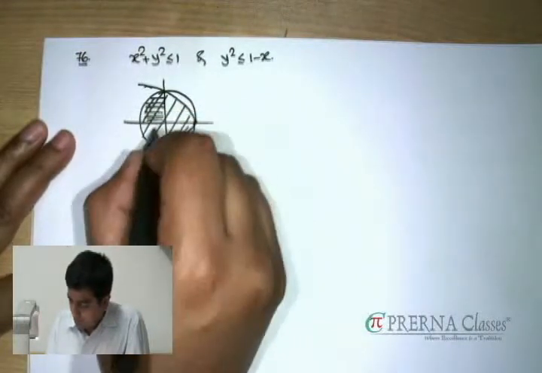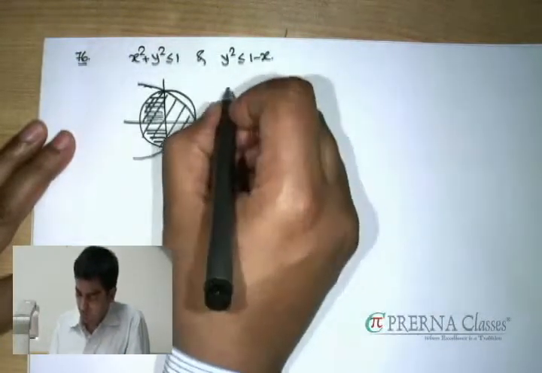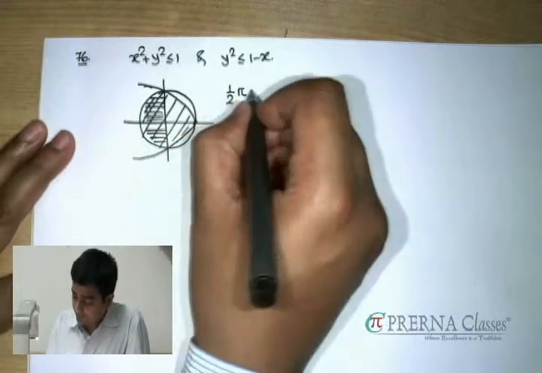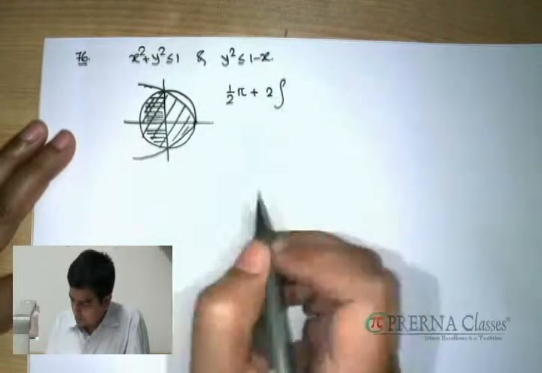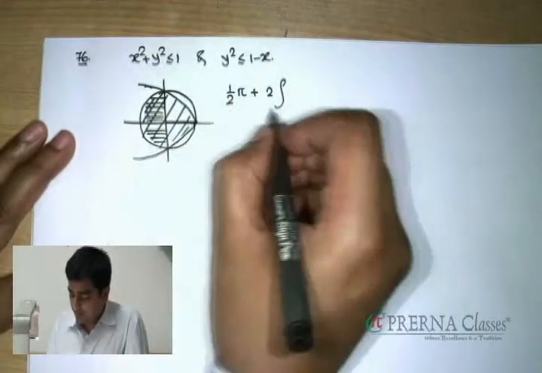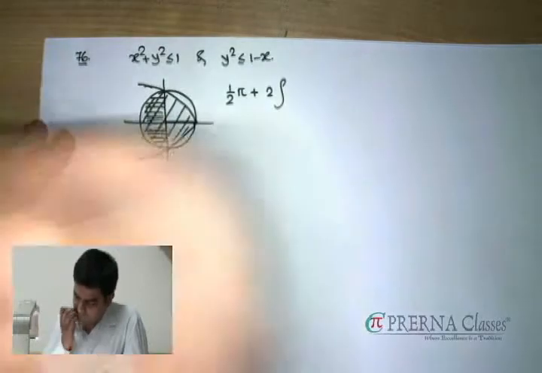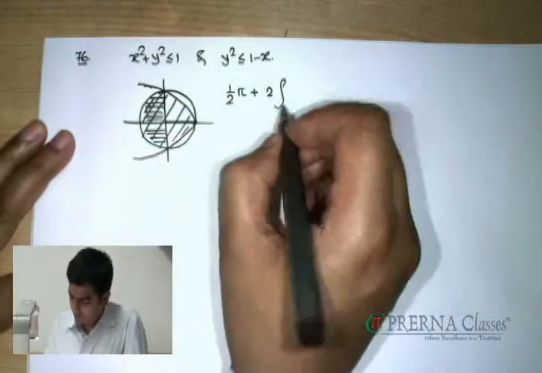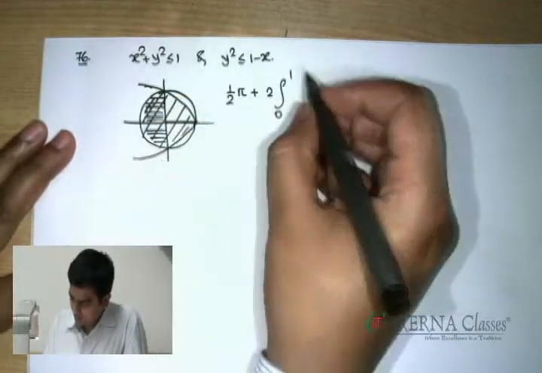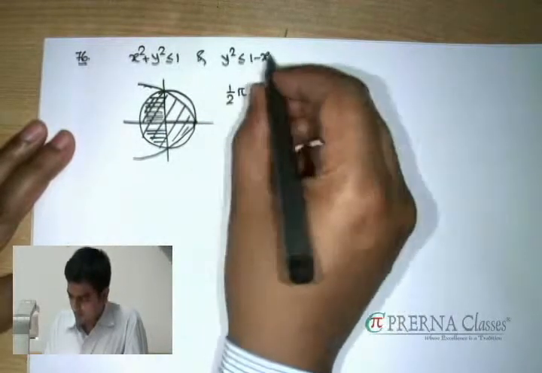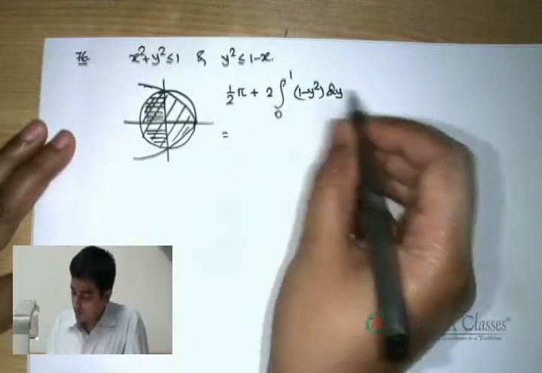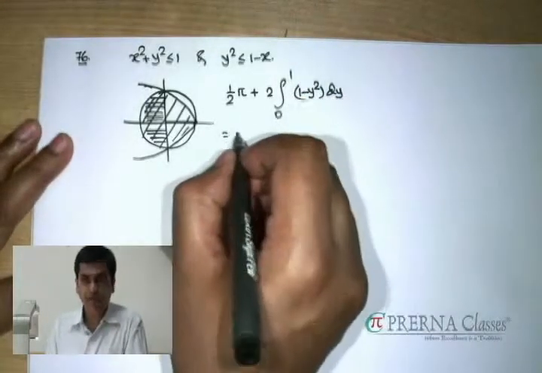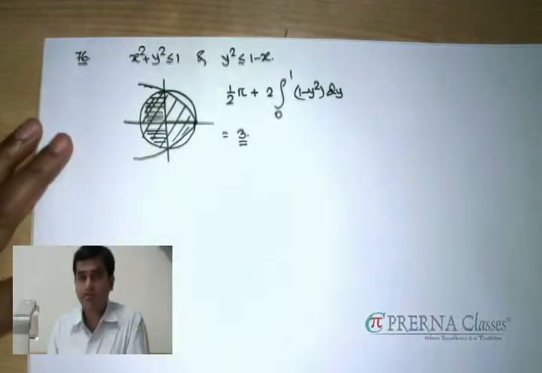Clearly this part of it is half of the complete area of that circle, that is pi by 2 since radius is 1. And for the other half, using the symmetry line of that parabola, clearly check that y is ranging from 0 to 1, and the value of x turns out to be 1 minus y square dy, integrating which we will end up getting option 3 as the correct answer for that problem.